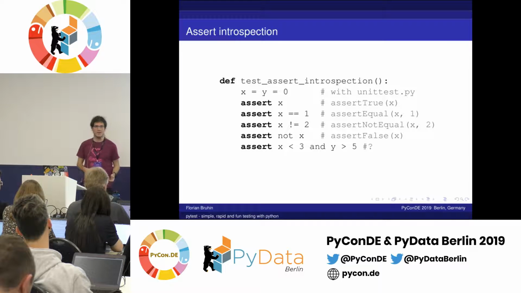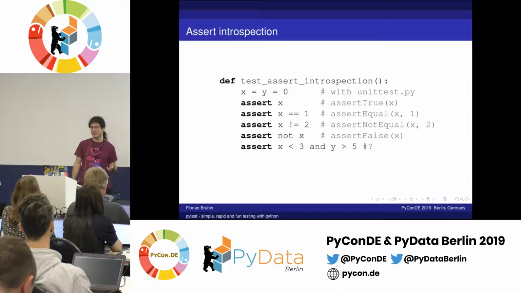So, as I said, we have those kind of simplified assertions. For most things, there is a corresponding assertion in the unittest library, but still, I feel like that's the first big thing I noticed when migrating to PyTest: oh, my assertions get so much nicer to read and to write.